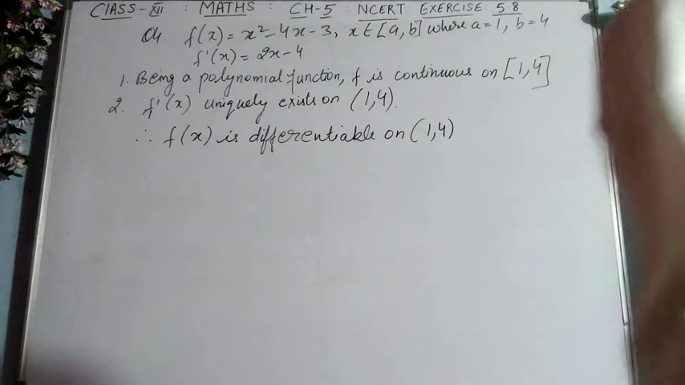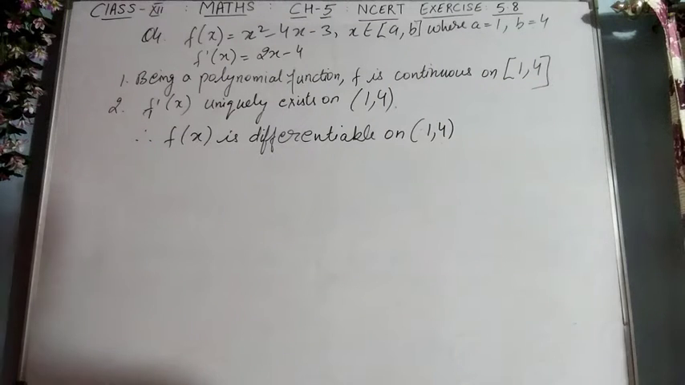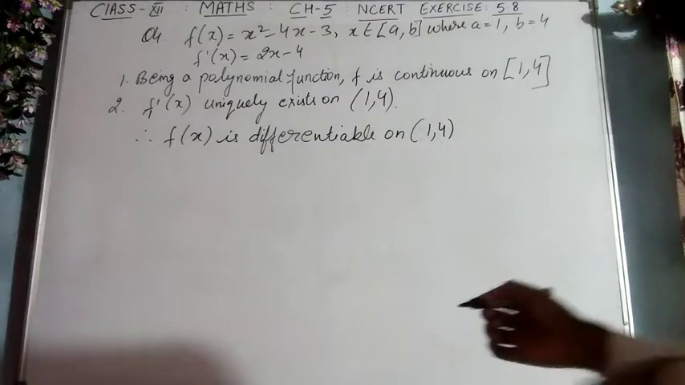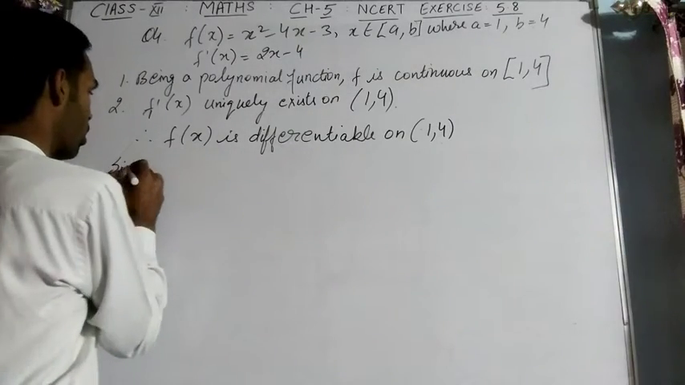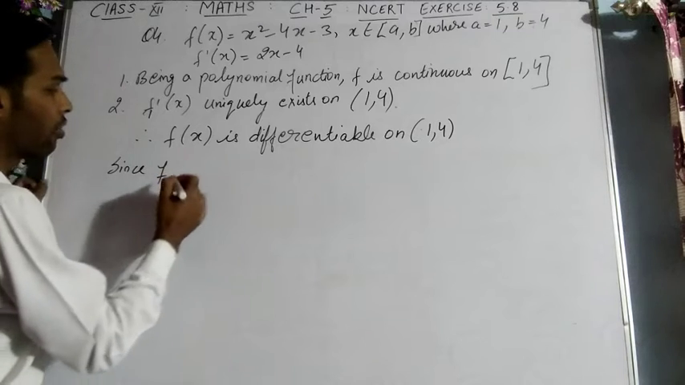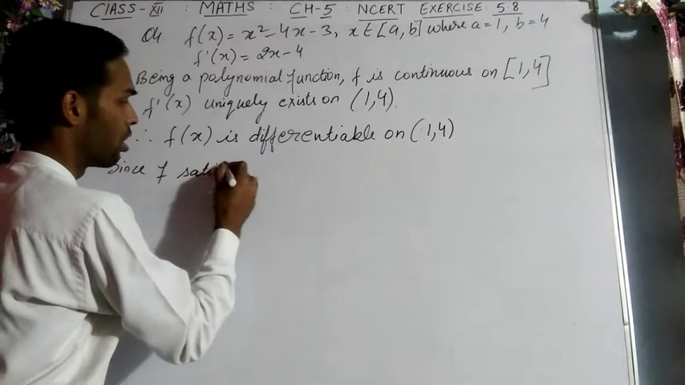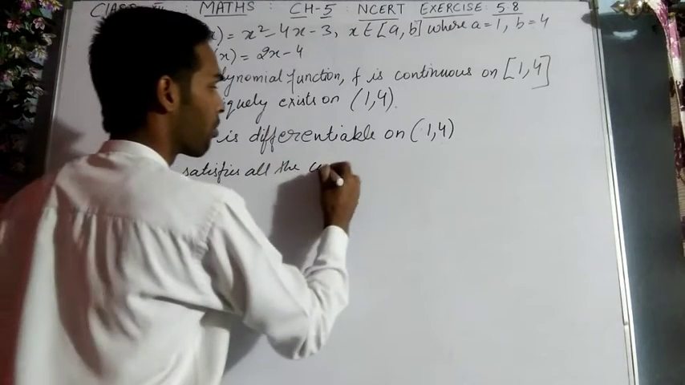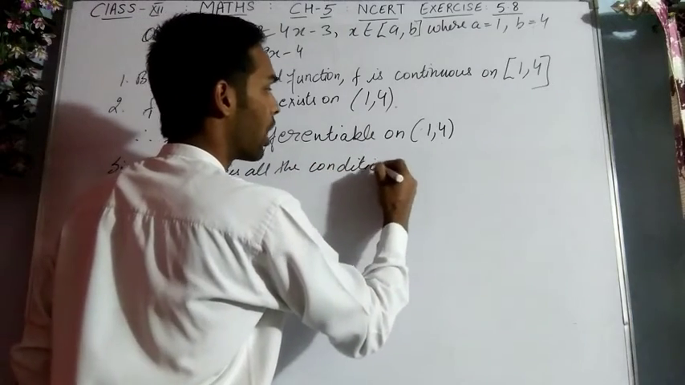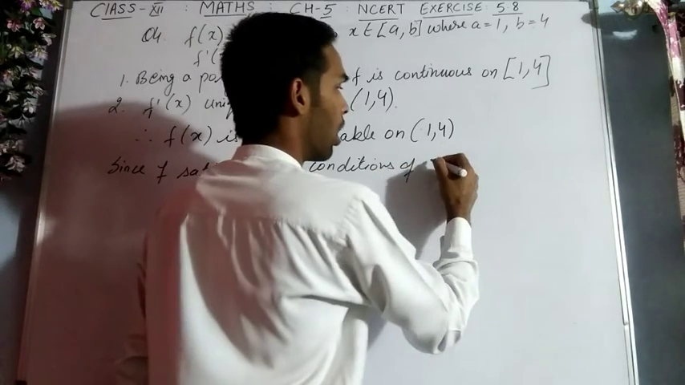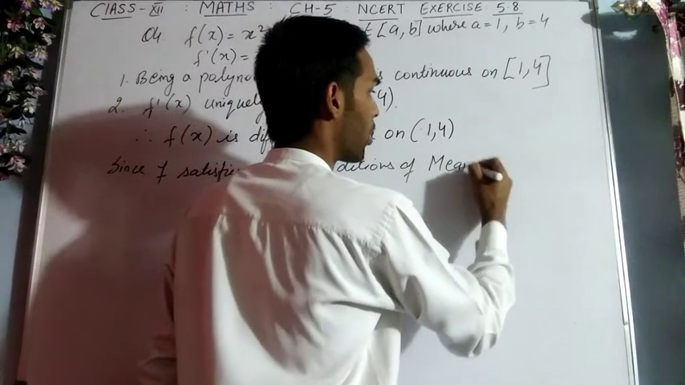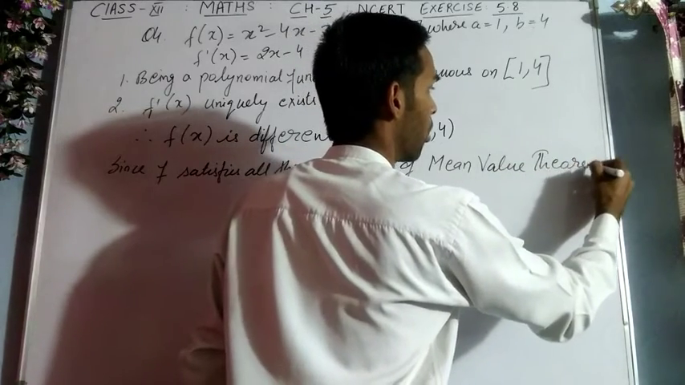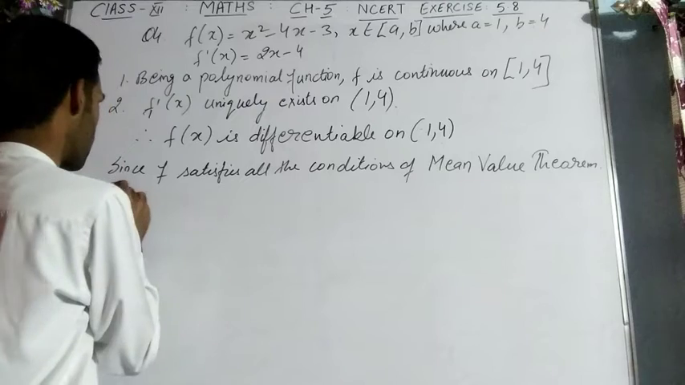Now the conditions for this mean value theorem were only these two conditions. So since all these two conditions are satisfied, you can write down since f satisfies all the conditions या both conditions, कुछ भी लिख सकते हैं, all the conditions of mean value theorem, then there exists